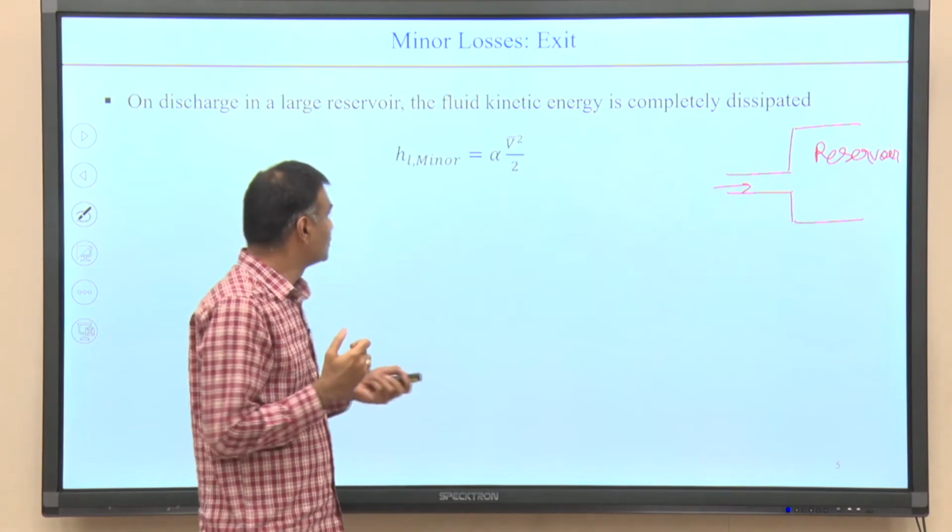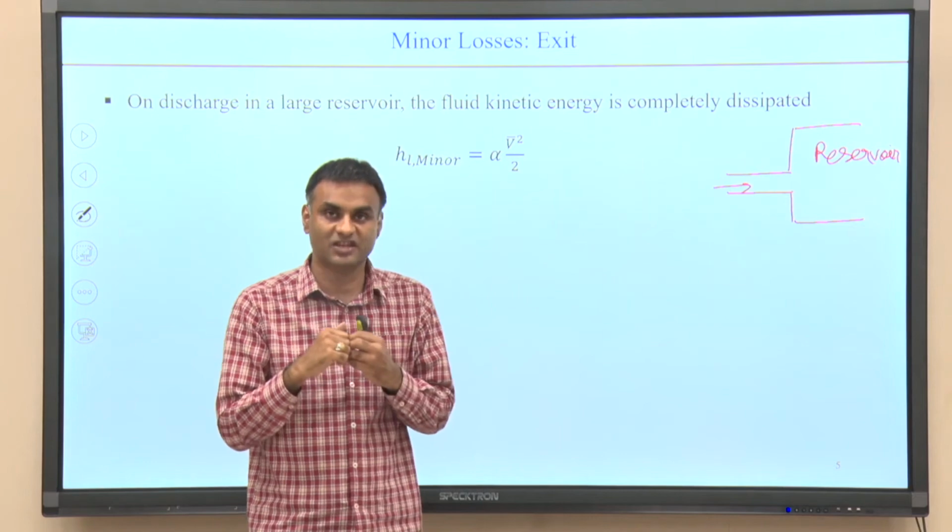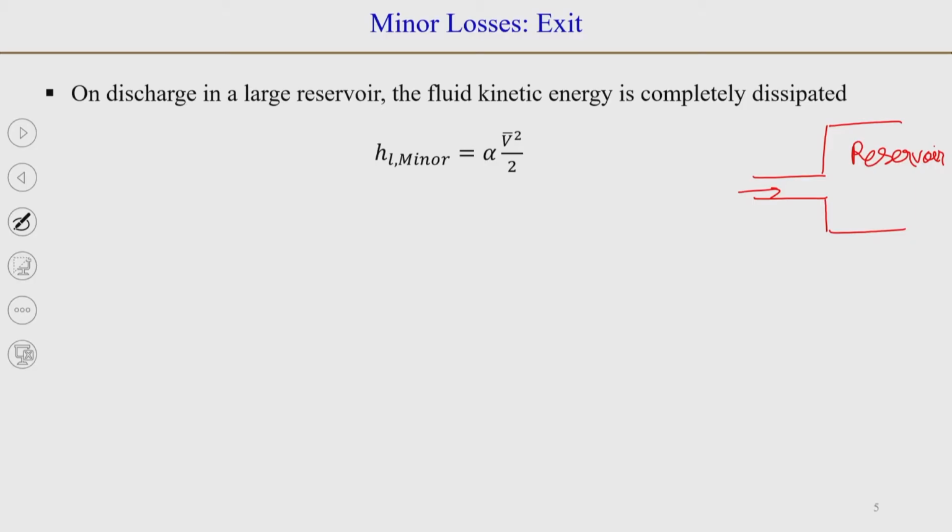And if you assume that there is a negligible change in the height, which is a fair assumption, if you take these 2 points, point 1 and point 2, then the change in pressure will be, because the kinetic energy is going to be 0,